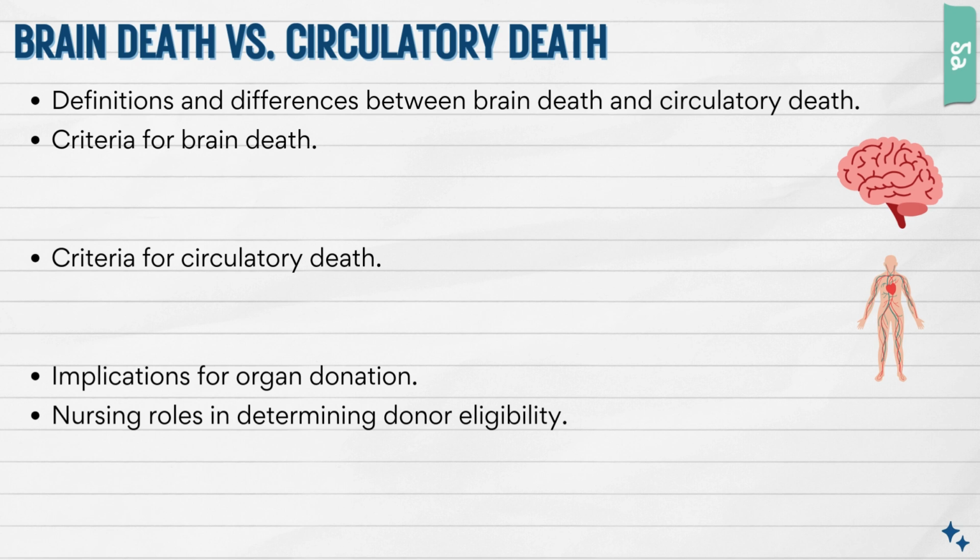Now, just because somebody has had circulatory death does not mean that they cannot donate tissues, okay? That's a completely separate thing. We're talking about organs specifically here, okay? There's lots of things that people can donate. Eyes, lenses of the eyes, skin, tissues, those kinds of things. But the most viable, healthy organs are going to be from the people that have had brain death without circulatory death, okay?